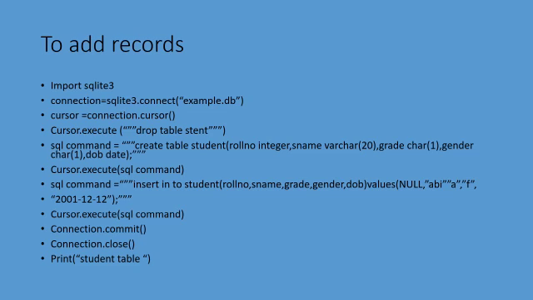So next what we have seen, how to add the records. Insert into table name, then the field names and the values you can give. Next, to save the changes, we can use connection.commit to save it, and to close it, connection.close. And for our understanding, if you want, you can give the message. That's all. This is how you can add the records in a table in SQLite.